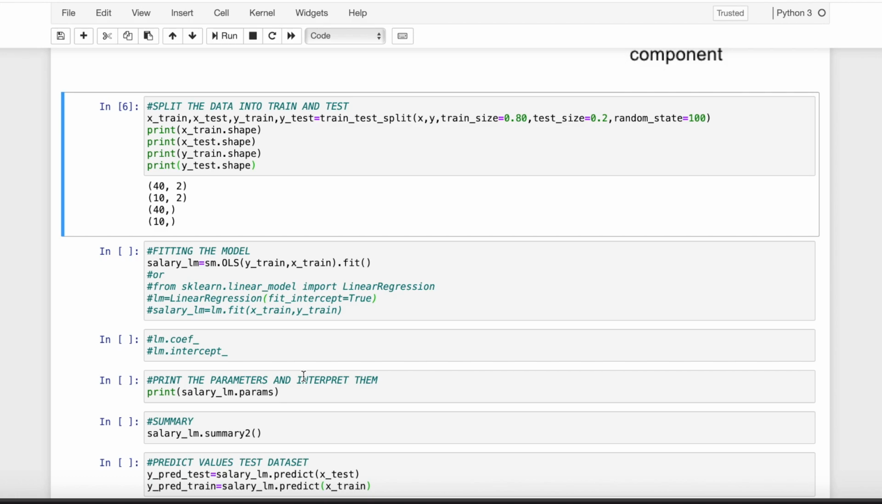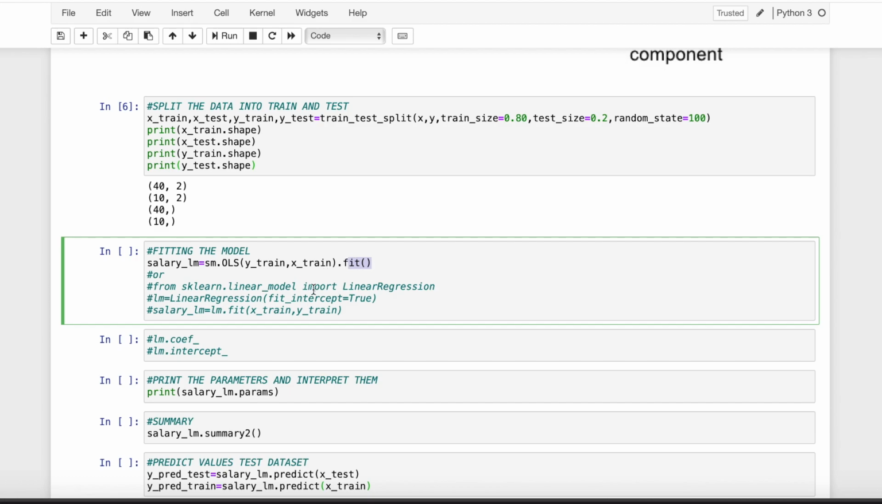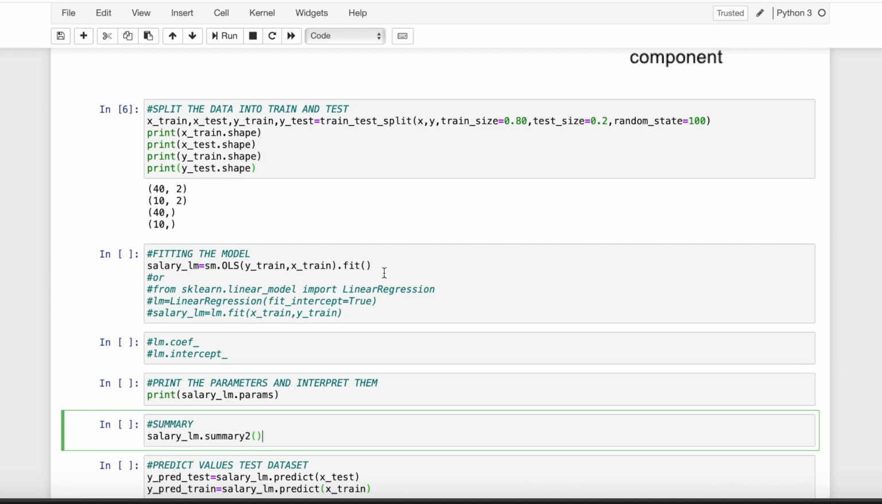Now to fit the model, we'll be using OLS method from statsmodels and pass y train and x train as parameters. So here we have called sm.ols and we have used y train and x train and called the fit function to fit the model. Alternatively, we can also use linear regression method. Both of these would give us the same result. For the purpose of this video, I am using the